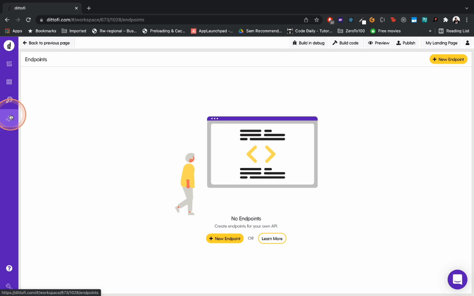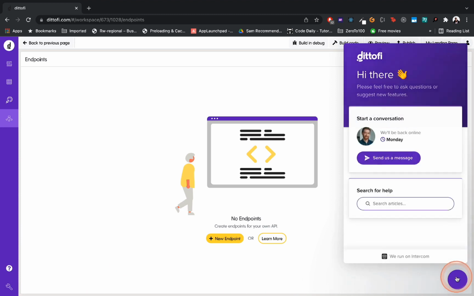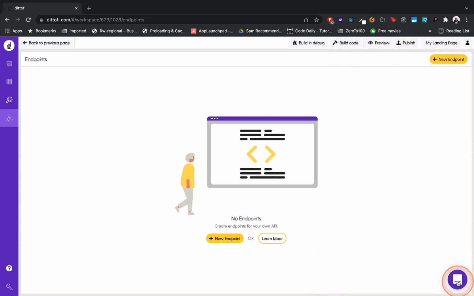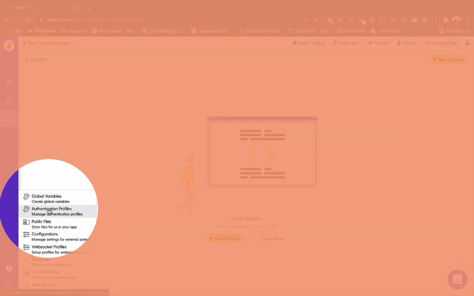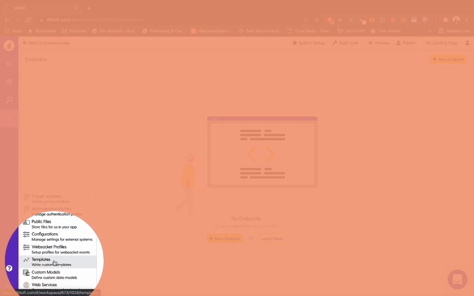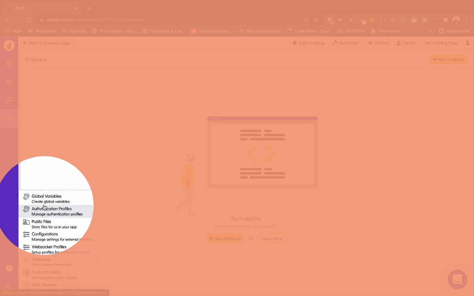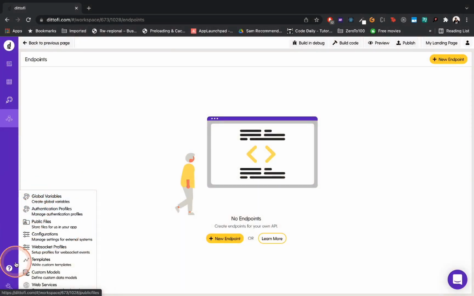There's another icon here that looks like a help button, and when you click it, it's the same thing as clicking that chatbot that's here. You could enter a question and our team is going to reach out to you and help you. The other icon that I want to talk about is this cog right here. This cog has a bunch of settings that we are going to dive into in depth to understand what they do and how they make Didify built apps more functional.